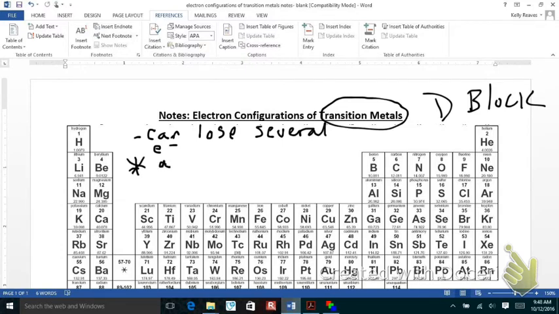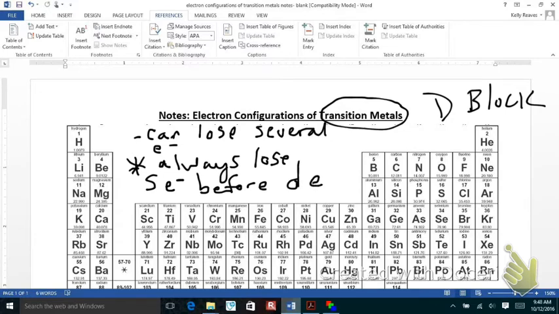They always lose S electrons before D electrons. They have to lose them in that order. They always lose S before the D's. Okay? Always, always, always. So make sure that you're careful when you do that. And I'm going to give you several examples so that we can see. All right? So having said that, let's go ahead and look at